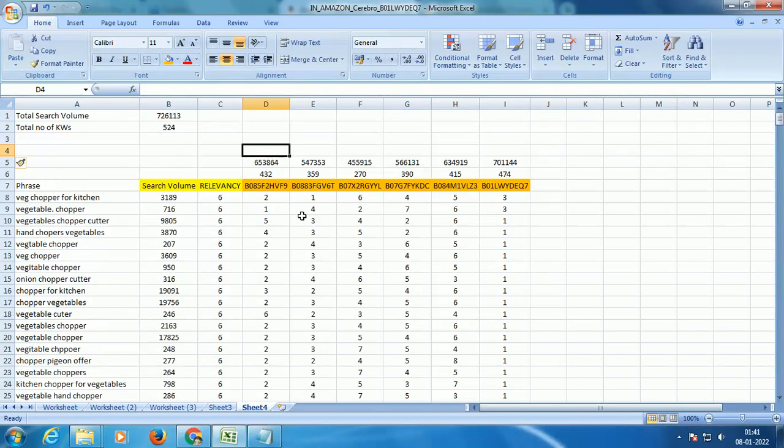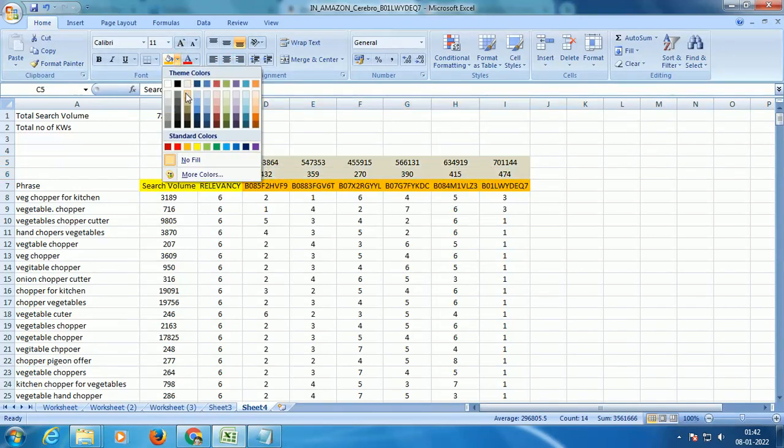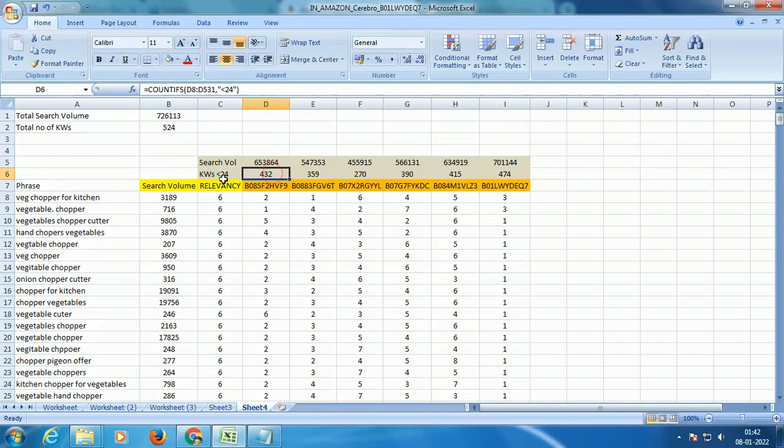Now we know that this guy is ranked for keywords less than 24, right? What is its search volume? I hope you are able to understand this terminology here. So for how many keywords is this guy ranked under 24? Since he is ranked under 24, I'll color code it for ease of understanding, right? Since he is ranked under 24, he is able to attract a search volume of 6,53,864 every single month, which is pretty cool.